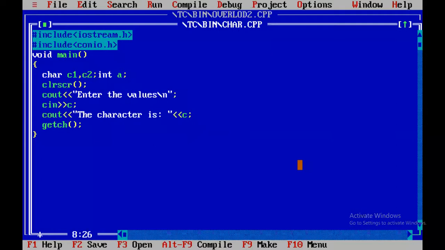See, three variables have been used: C1, C2, A. I will display all the things.